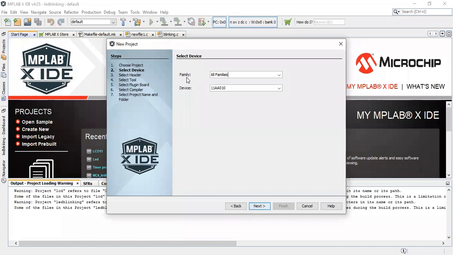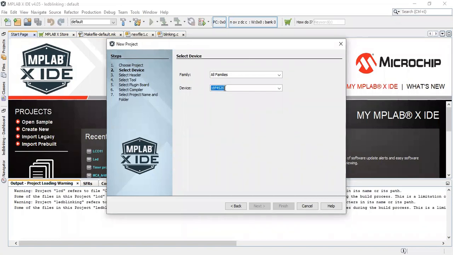Okay, so here family, you will get all families, and in the device you are supposed to select, just remove this and write down the name of our PIC controller IC. So 18F4520. Okay, so this is a PIC 18F4520.